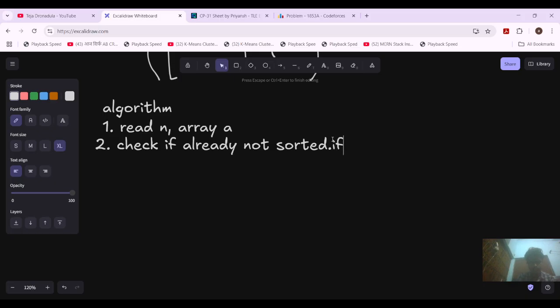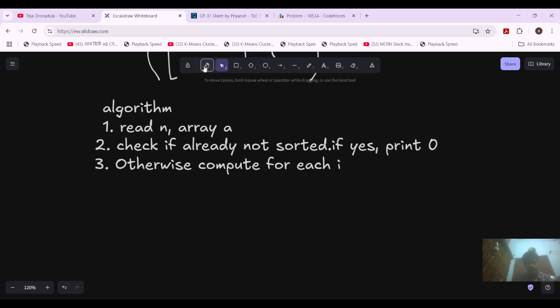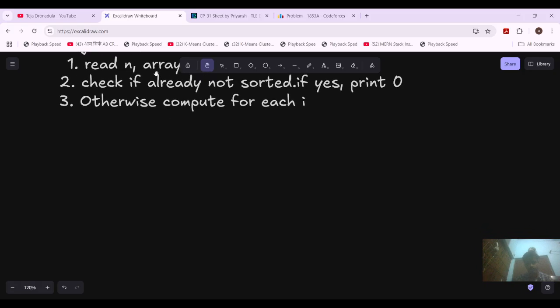So if yes, print 0, right? In third, otherwise compute for each i, right? For like compute for each i,